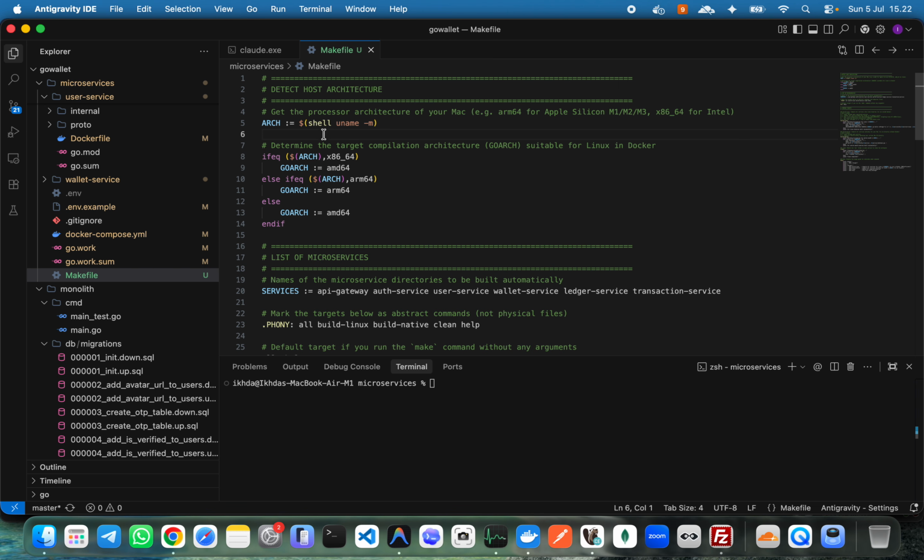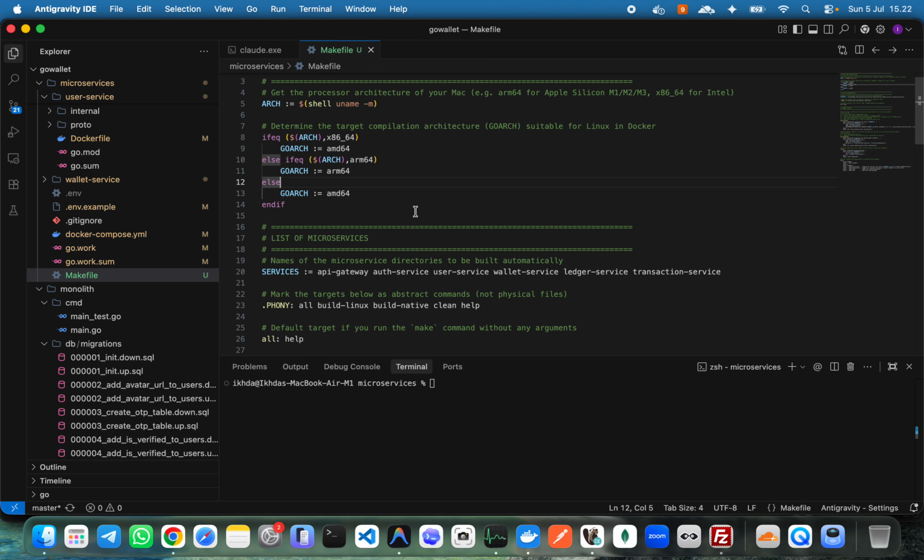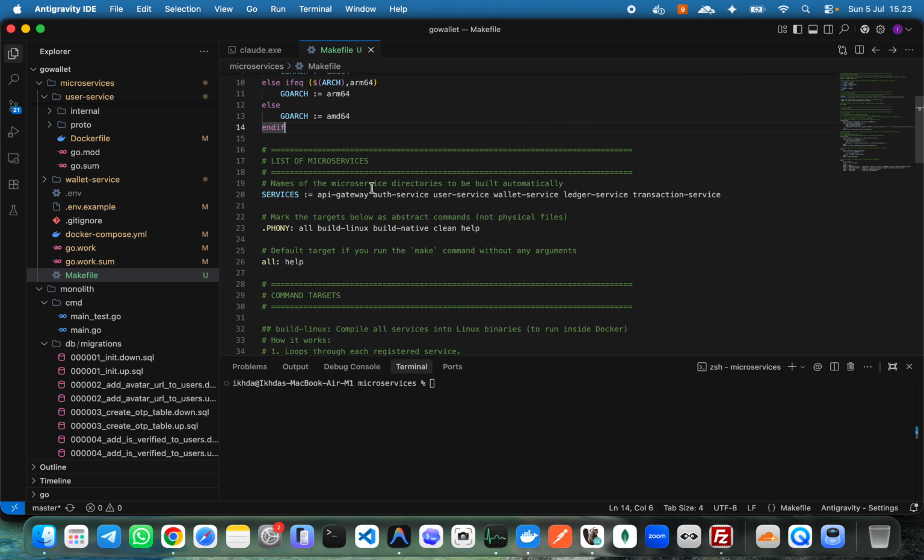First, I get the processor architecture, maybe ARM64 or x86, and then determine the target compilation. So this will be suitable for Linux in Docker. If x86, then AMD64, and if ARM64, then we use ARM. And then the services are API gateway, host service, user service, wallet service, register service,